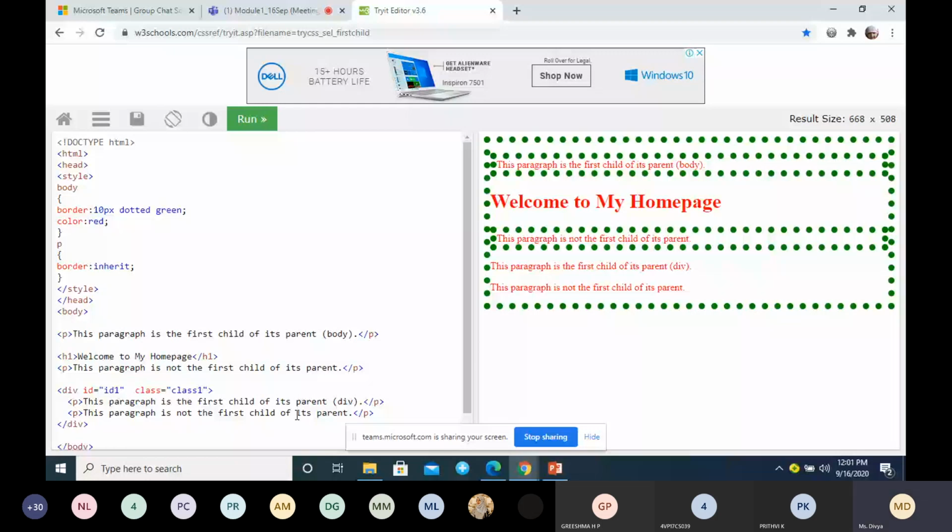So like this, you can give one simple example. In their textbook, they have given some lengthy HTML documents with many properties and all. To save time, you can create your own simple examples like this, and you can write them in the exam. Any doubt in this? Any doubt?